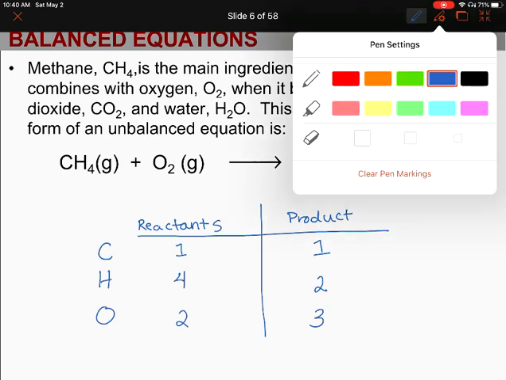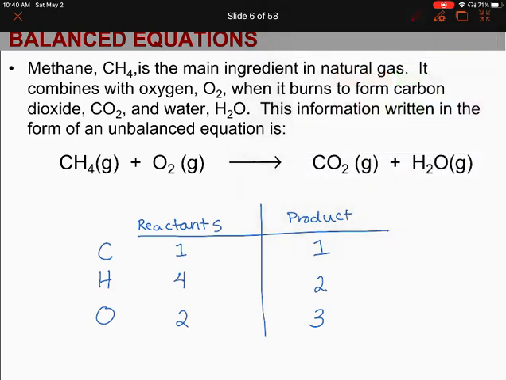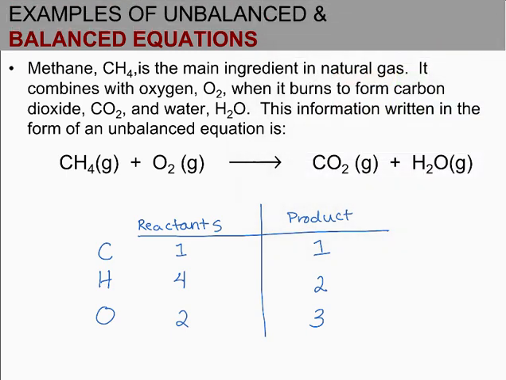And I'm going to choose a different color. Let's choose red. All right, so carbon is already balanced. There's 1 on each side. So let's balance hydrogen. So if we have 4 hydrogen atoms on the left, we also need 4 hydrogen atoms